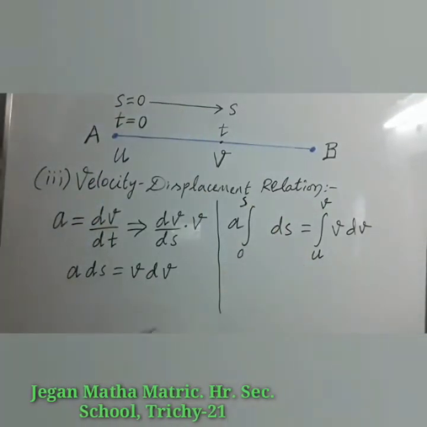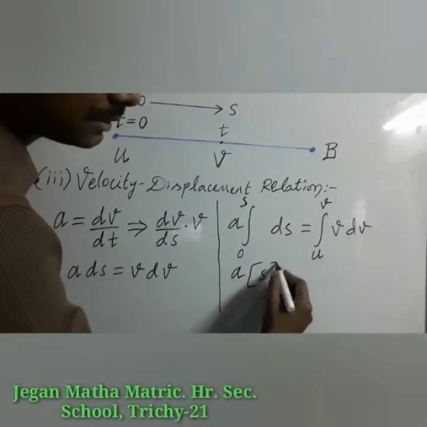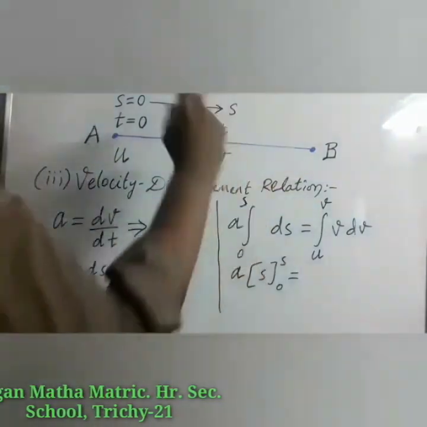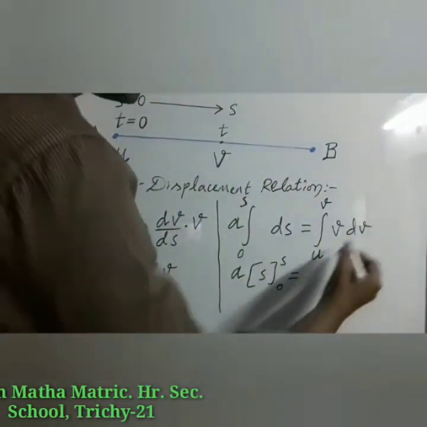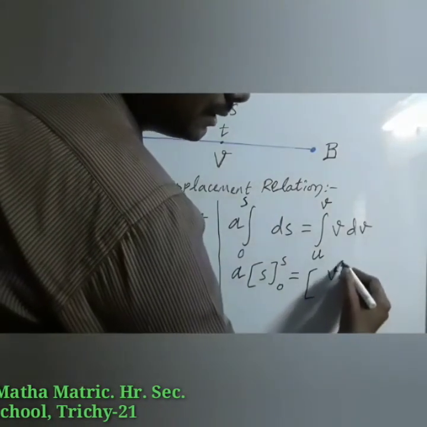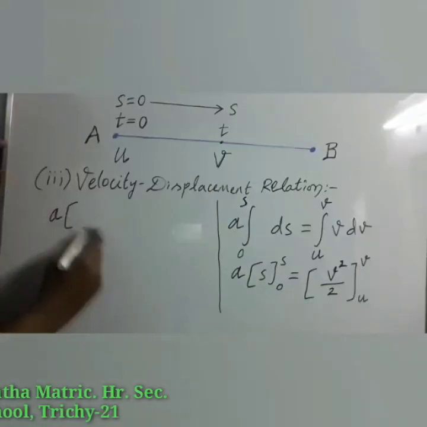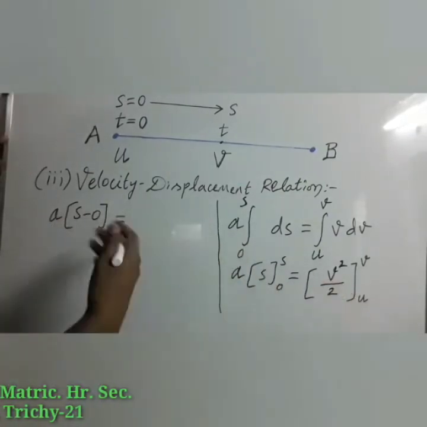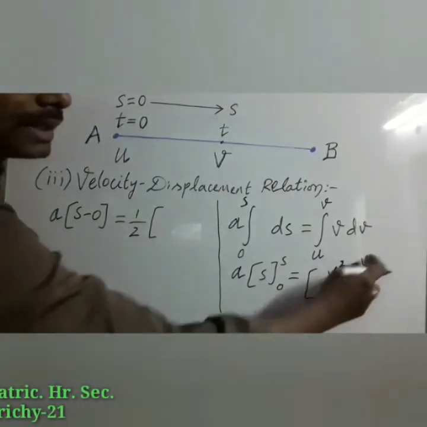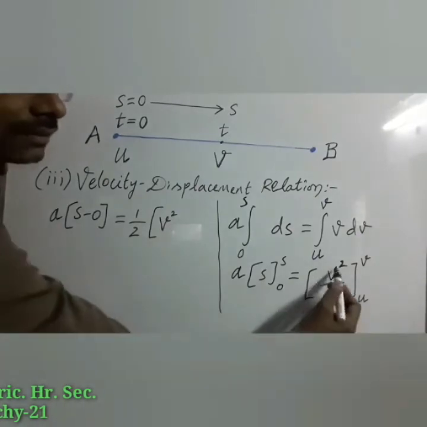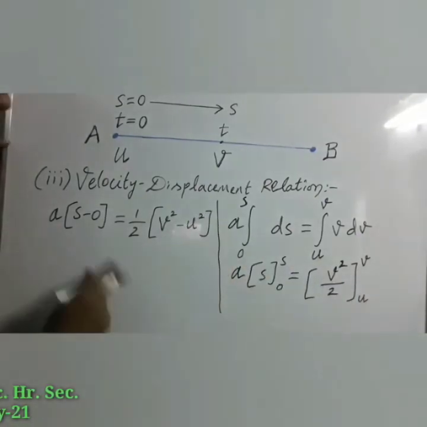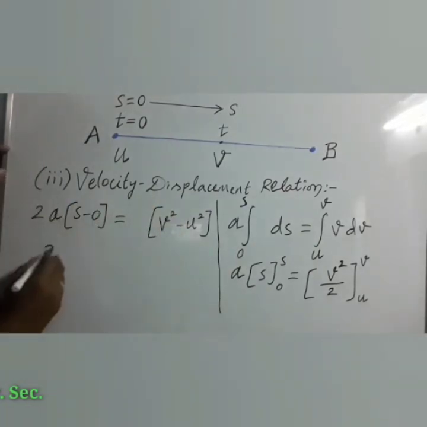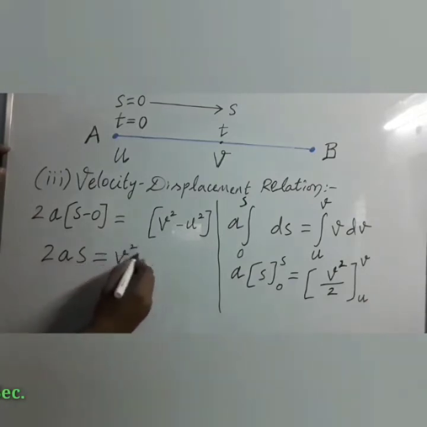So ds I am going to integrate. What will be the value? Yes, s. Next step we are going to apply the upper limit and lower limit. Here velocity value we have to integrate. In the second equation also same case we have done. So here what will be the value? v square by 2. So a, upper limit minus lower limit. Yes, minus 0, that's equal to a by 2, that can be taken outside. 1 by 2 we can apply the upper limit v square minus, instead of that v you have to apply the lower limit u square. This 2 can be taken this side. 1 by 2 that can be taken left side. So here what is the value? 2as is equal to v square minus u square.